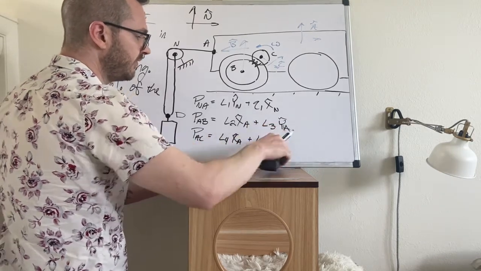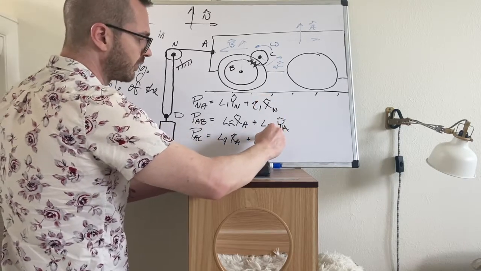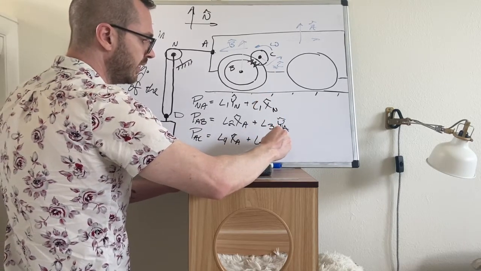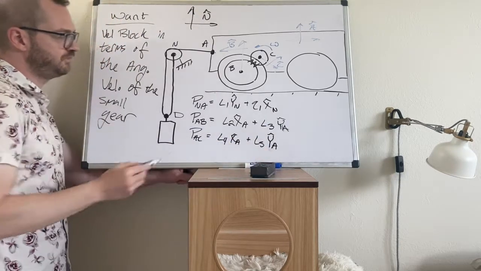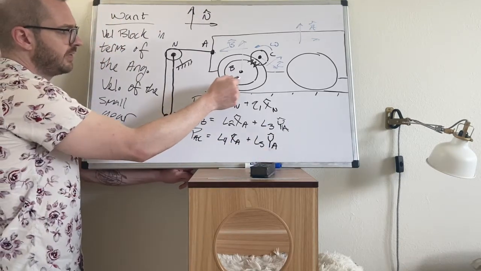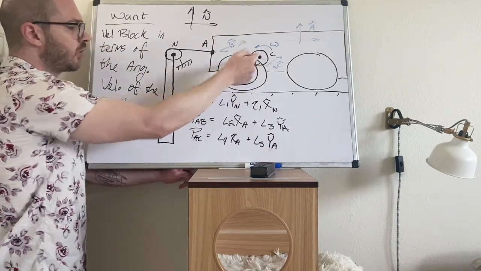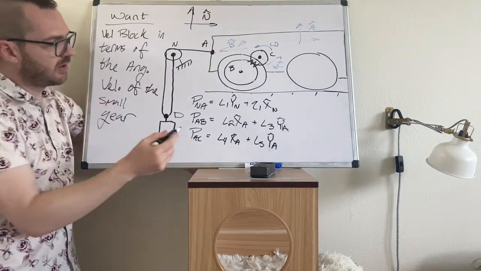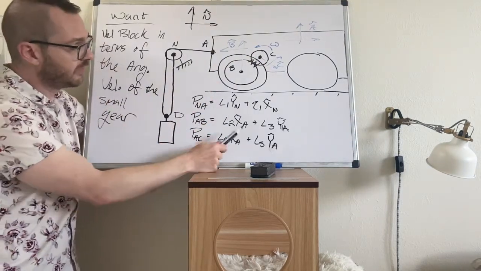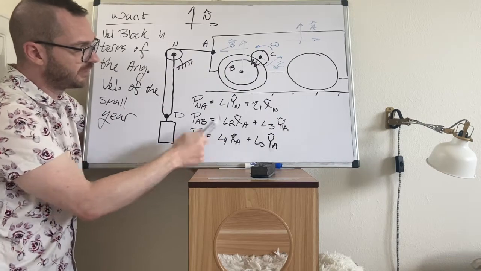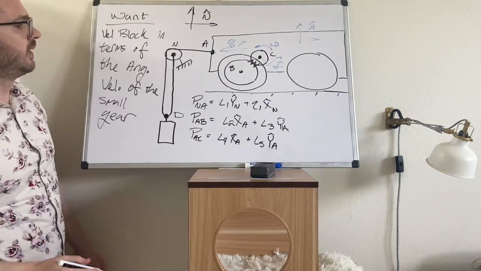Now, one thing to note is that this part that we're doing right now, we are not using B frame or C frame, the frame of the rear wheel or the electric motor, because those frames move. So if we define this as B frame or C frame, it would not be correct. All right,